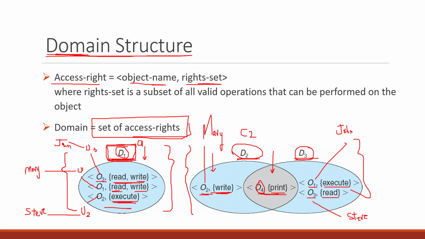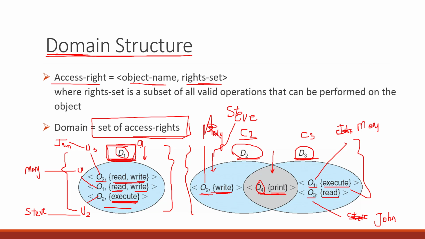I mean, normally you will have the read access also, but let's assume that it has only write access. So although Mary had read and write access, O2 is here, Steve. Sorry, it was Steve, and Mary was messed up. So this is Mary, and this is John. Okay, so Steve has only write access when Steve is on C2, right? And Steve has no access to computer C3, for example, or domain 3, because there is no O2 in this computer, right? Similarly, John had